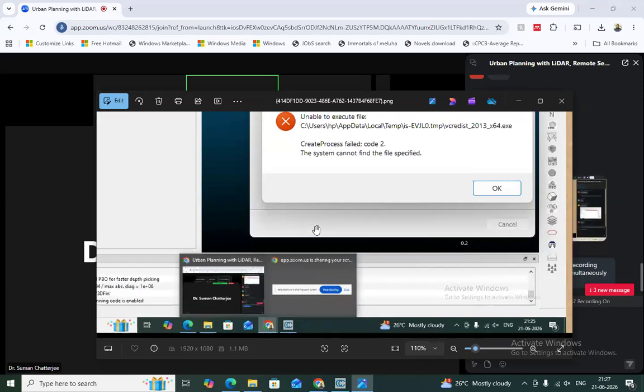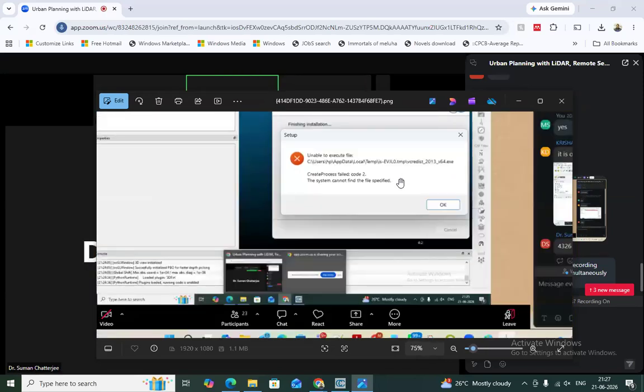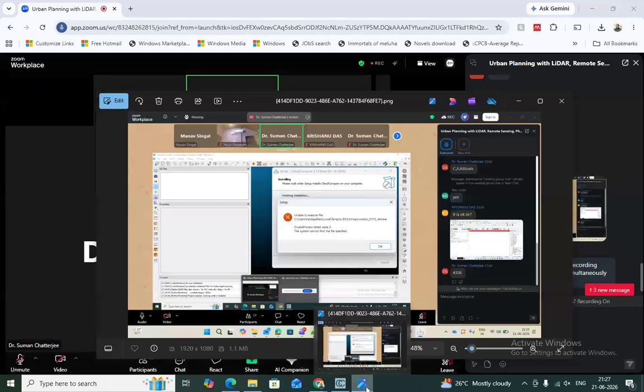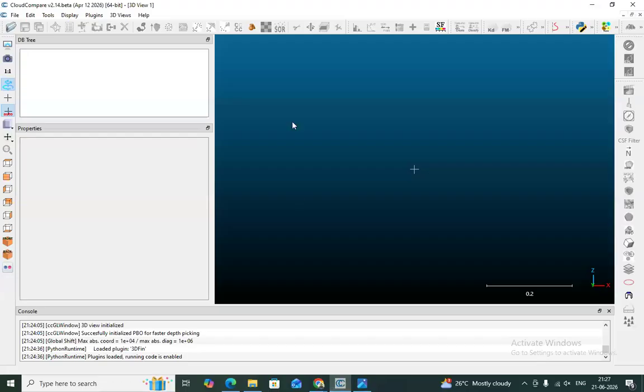Also make sure that your operating system is 64-bit. It is 64-bit, right? It can be installed anywhere, right? Yes, it can be installed anywhere.